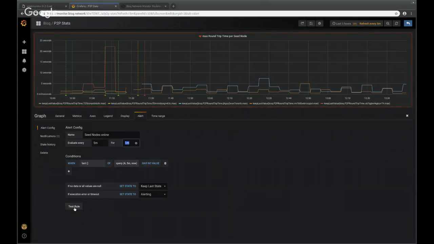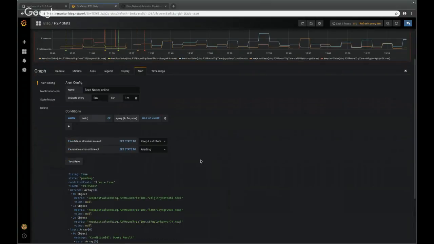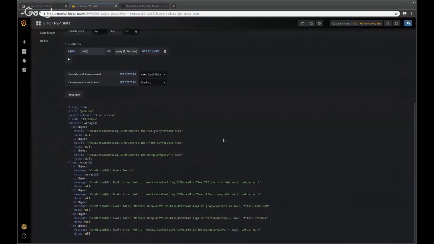Okay. So if I press the test rule for the alert out here, I see we have an issue, and I see there is a null value for this data. There is a null value. We have these two, and there is a null value again. If none of these values are null, the alert will vanish